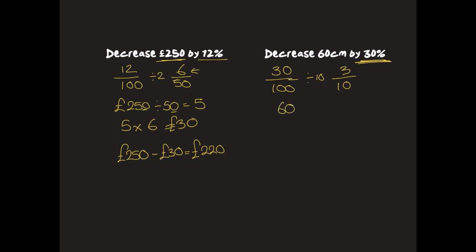So I'm going to take my 60, I'm going to divide by the bottom. 60 divided by 10 is 6. And then I'm going to multiply by the top. So at the top I've got 3, so I'm going to do 6 times by 3, and 6 times by 3 is 18. So now my last step is to take away, so 30% is 18, so I need to do 60